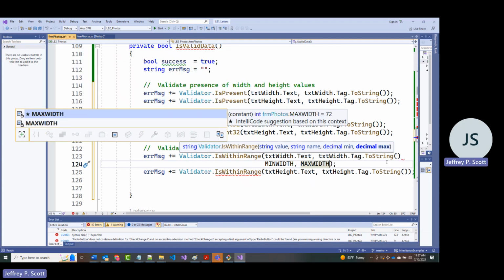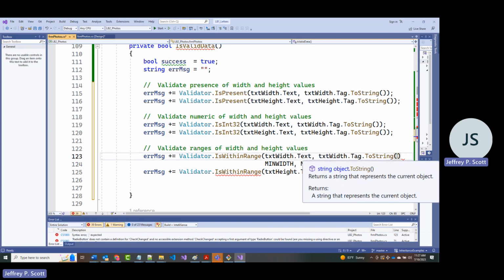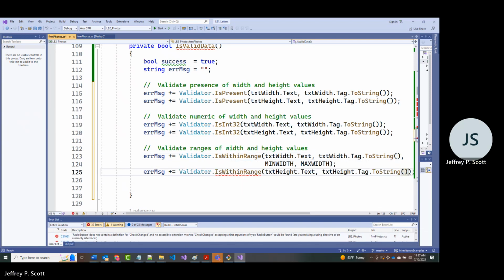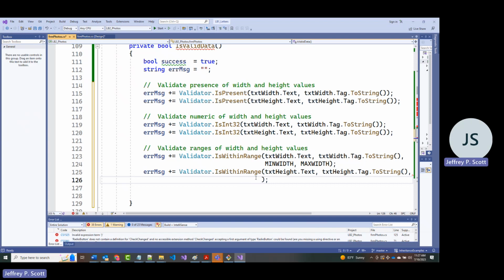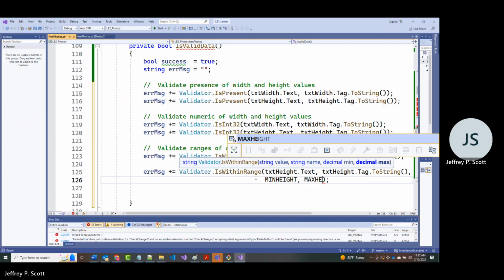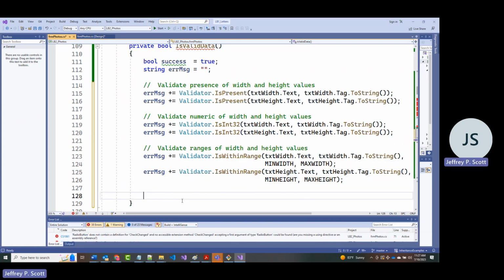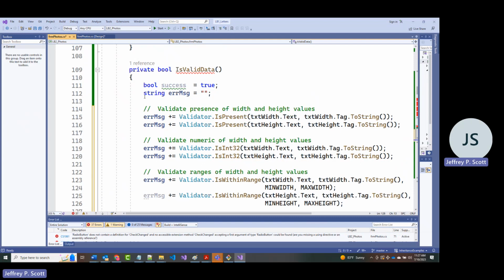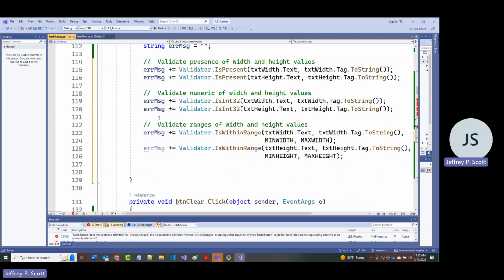And you'll notice the errors are now gone from there after I put in the comma. And these will be the min height and max height. All right, now all those errors are gone, but I'm still getting the error up here because I'm not returning